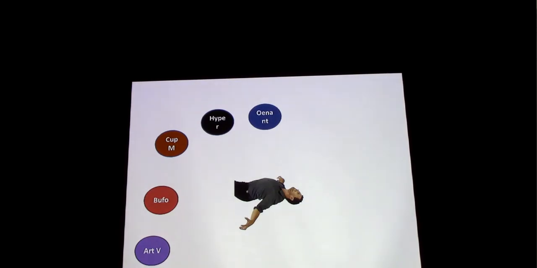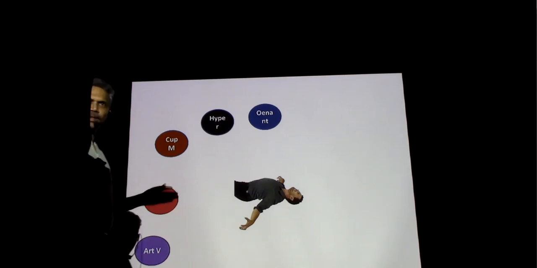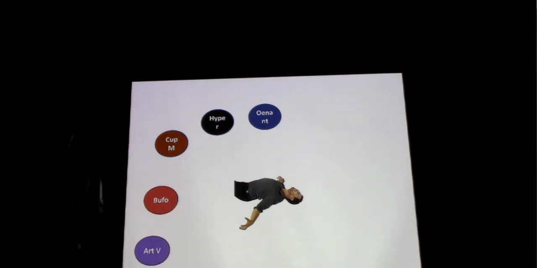The next remedy is Oenanthe. It's a rare remedy, but just because it is a rare remedy, it does not mean you should not know. You should know. Oenanthe. I'll come to it. And you can also refer to Boericke or Clarke in detail once you go back home. Convulsions during menses and convulsions during pregnancy. There are a lot of other indications. As a final year student, I am just giving you a bit, so that I expect you to go back home and start looking at these remedies.